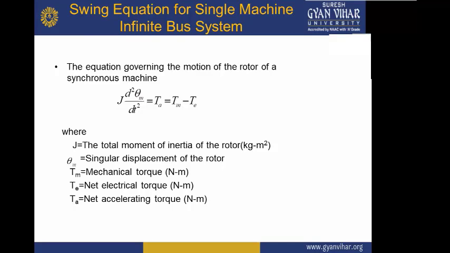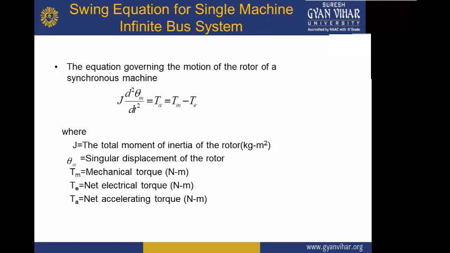Now, for example, there is a disturbance here, and the synchronism is disturbed. So what will happen? This is the reference axis, and this is the rotor axis, so this is the angle theta between them. In this case, the rotor angle may either increase or decrease. So this theta m may increase or decrease depending on the acceleration or deceleration of the rotor.